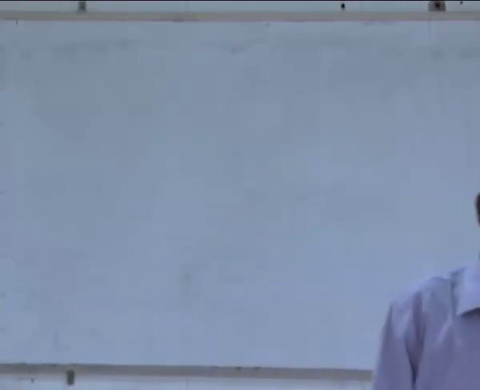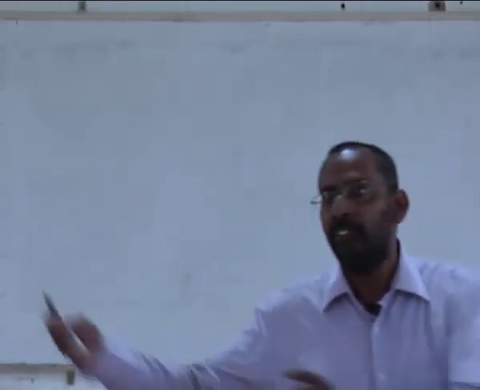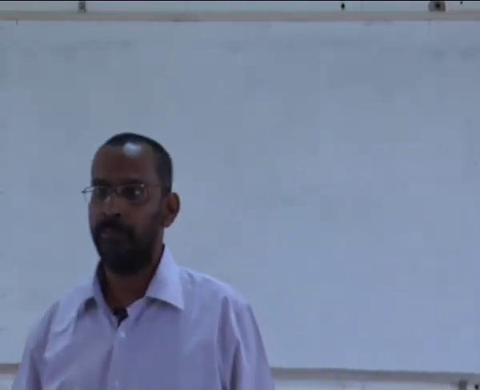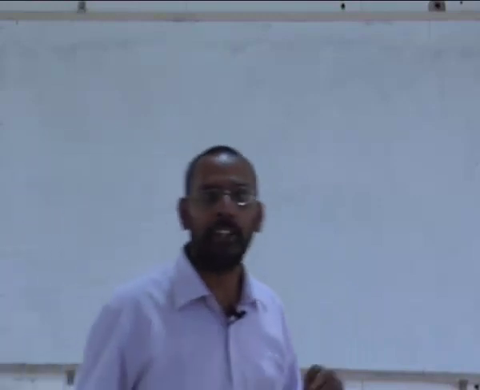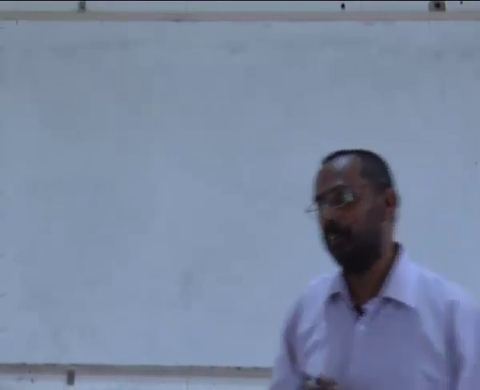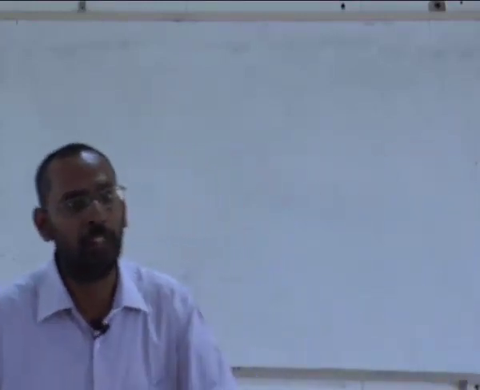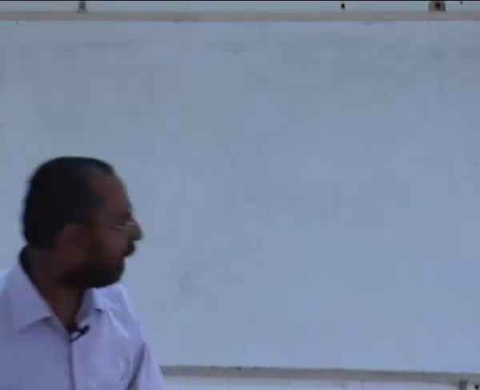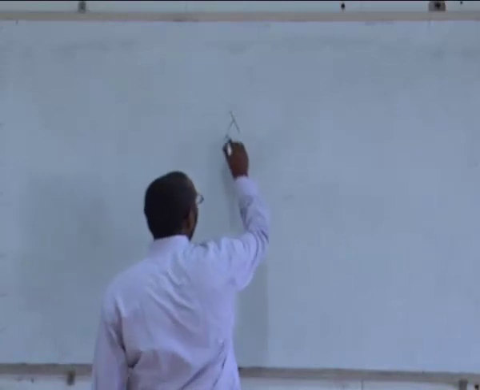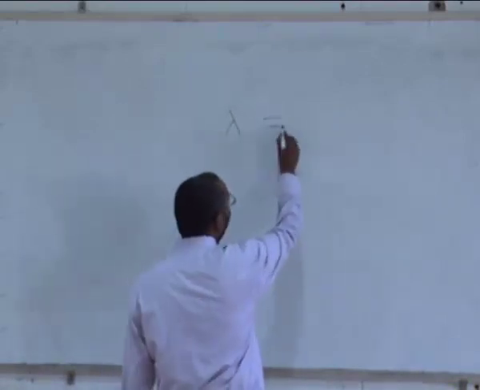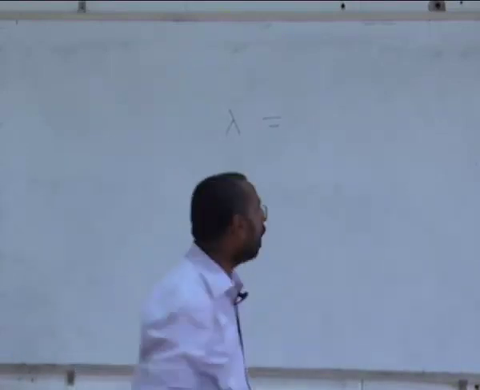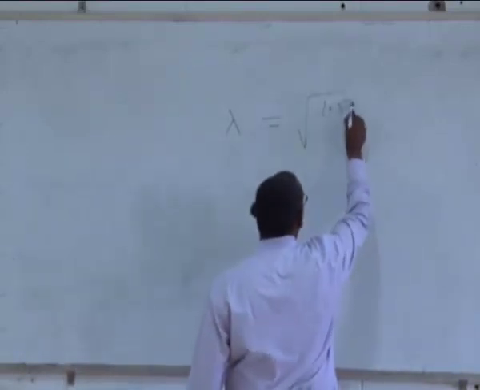What are those waves whose wavelength is of the order of the distance between atoms? One is X-rays. That is why X-ray diffraction will tell you about crystal structure. I cannot use light to find out the crystal structure of a metal. I cannot use it. So I need to use X-rays. The other such radiation is what are called electron beams. I can use electrons to be able to find out. And that electrons is what we have been talking about in the last class. We said the wavelength of the electrons is related to the voltage that I use in an electron microscope, and it is given by a formula 1.5 by V.